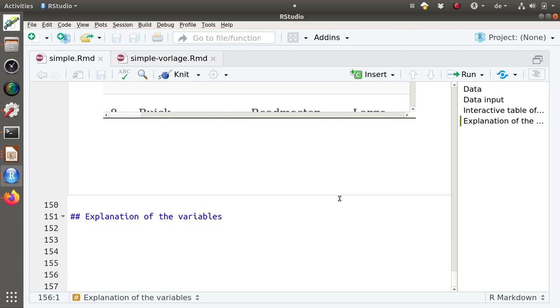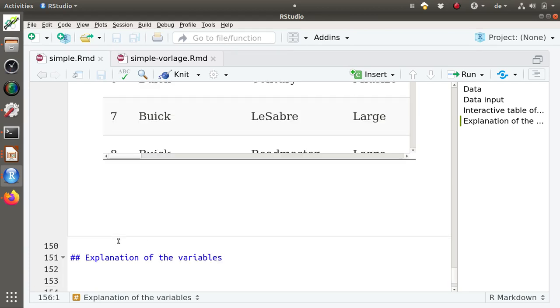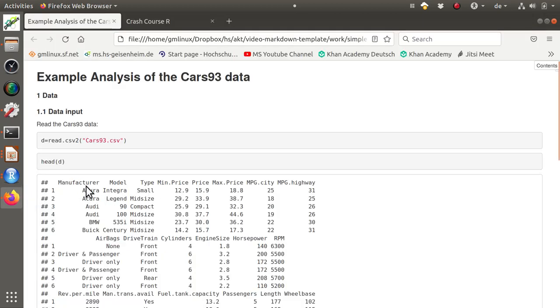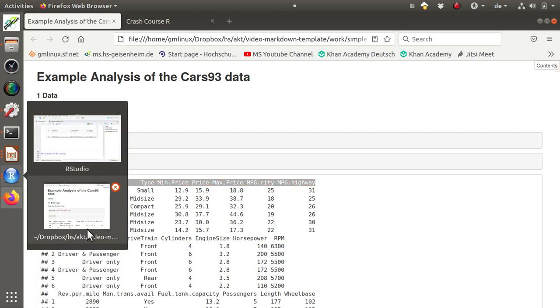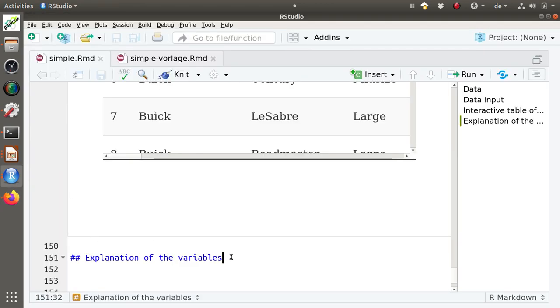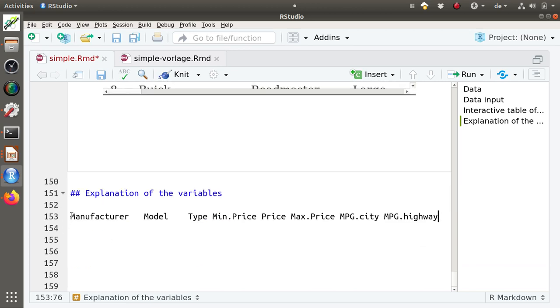It's also important for every data analysis that you explain the variables of your analysis. And in our case we have, for example, these column names here, and you should explain all these column names in the document. So you need some section like explanation of the variables, and if you're doing it simple, you can just use bullets to explain the variables,